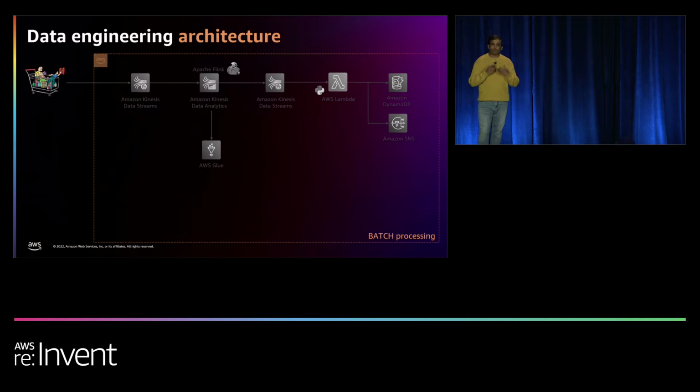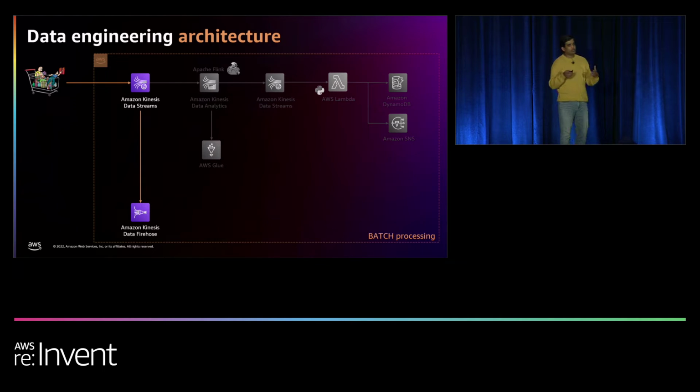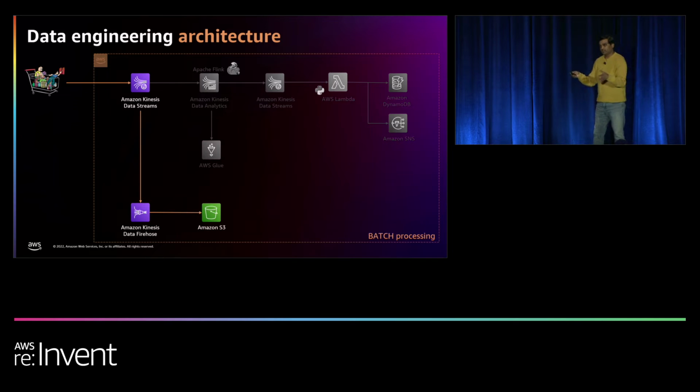Before processing the data, whatever data you are getting from your application, you should save it somewhere without doing anything. So what we are going to do is take that Kinesis data stream, and we want to store it persistently in some data lake. That's why we are going to use Amazon Kinesis Data Firehose, which can take that stream and save it to Amazon S3. So now this is raw data. So even if you discover some bug at a later point in time in Flink, you can still have that raw data. Right?